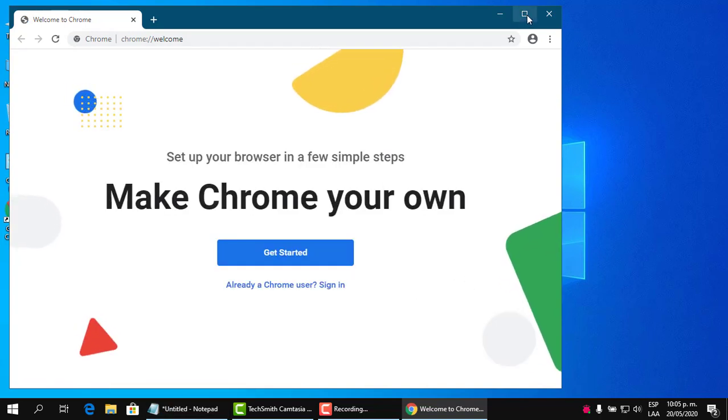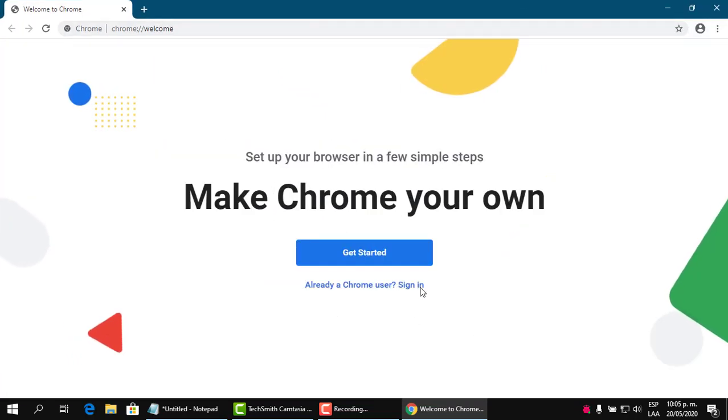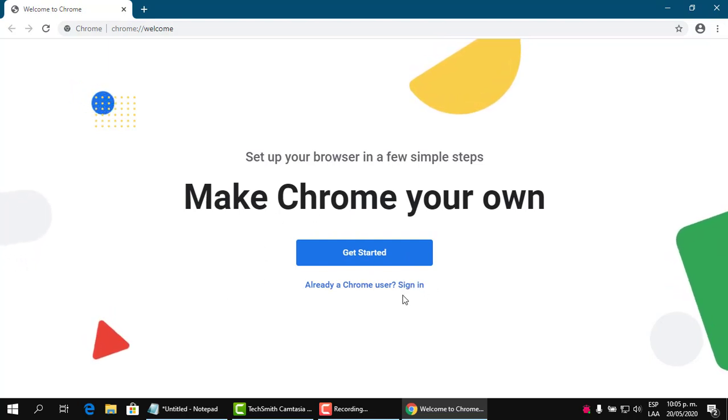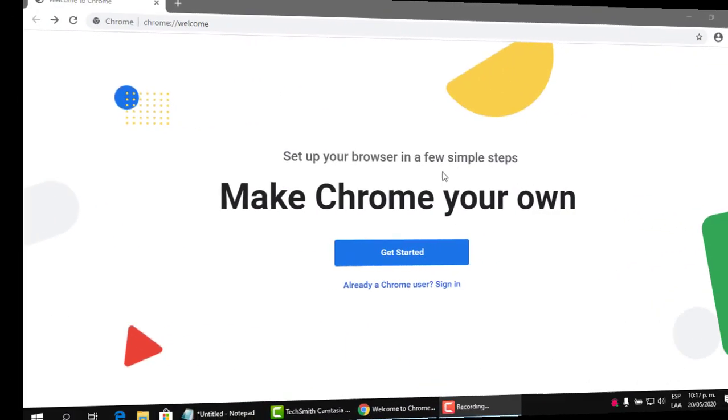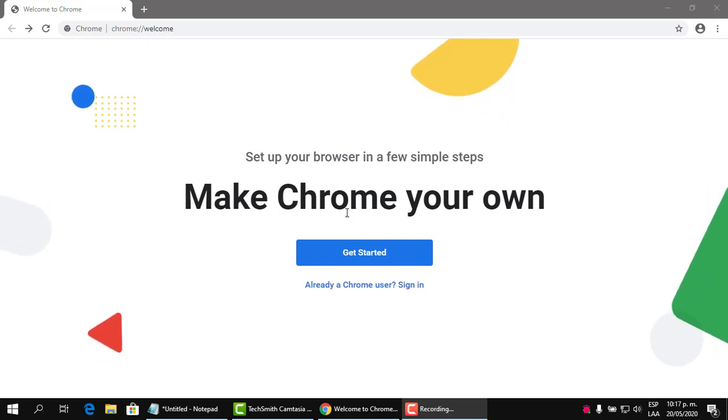Okay, so our browser has completely finished installing, so you go ahead and maximize that. And at this point, if you already have a Gmail account, you can go ahead and sign in. If you don't have an account, I'll show you in a second how to create one. For now,